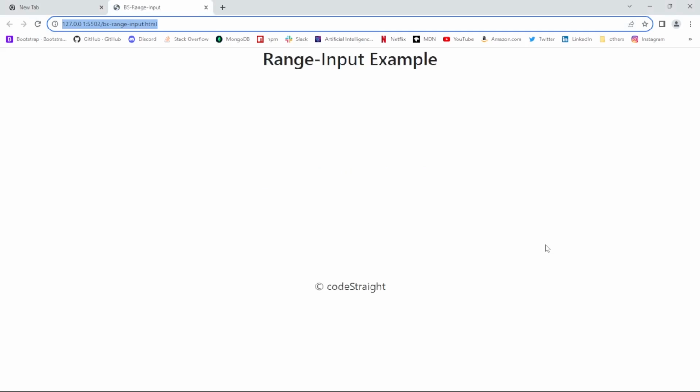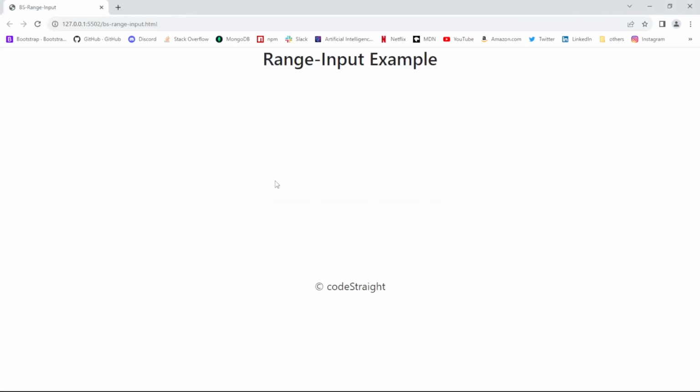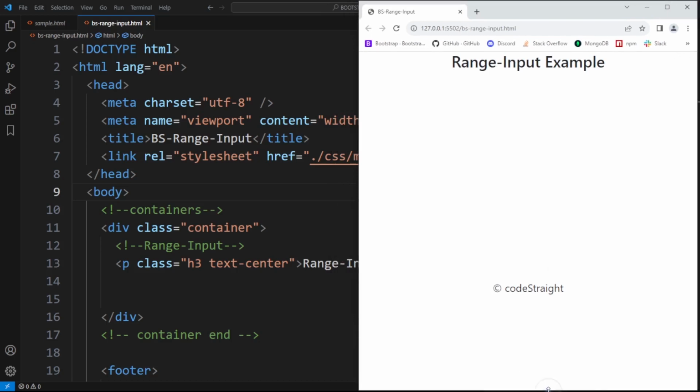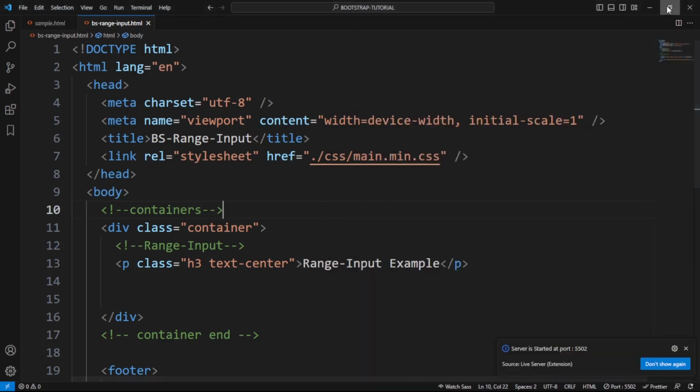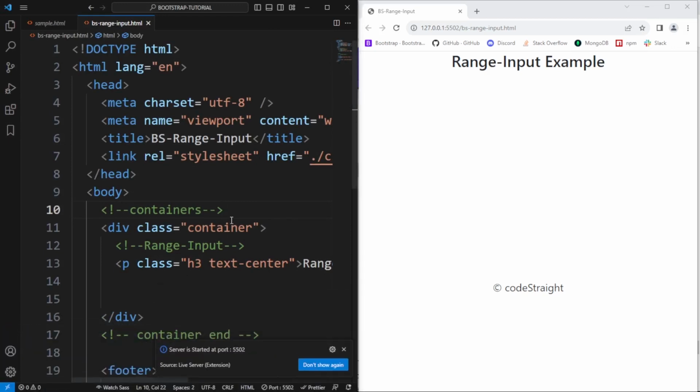and it'll take around no time. Let me close this empty tab, and this is what we have inside range input.html. And let me resize the browser or keep both the windows side by side for better illustrations. And now let's go ahead, and I am going to add here a very basic HTML range